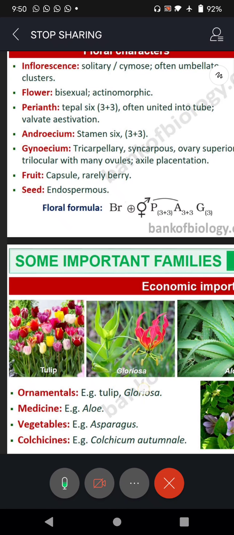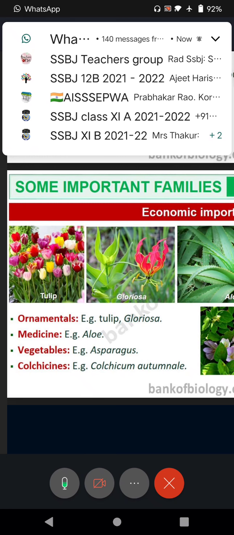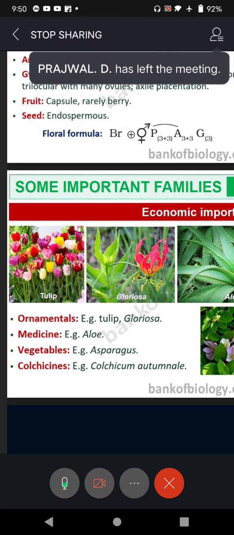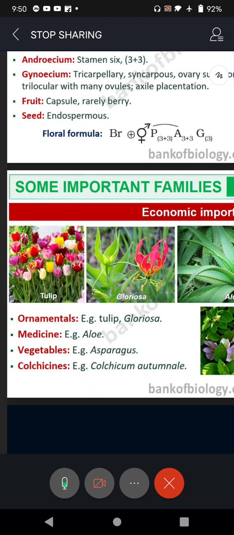Now, why should we study this family? What is the importance of this? Is there any use for us? So medicinal use. There are many plants which are ornamental. Of course, you know many Kannada movies also. Your directors, producers, actors, they go to Switzerland, they go to Finland, isn't it? There acres and acres of tulip gardens will be there. They shoot many songs there, and you appreciate all the beauty of the tulips. So they are ornamental tulips.